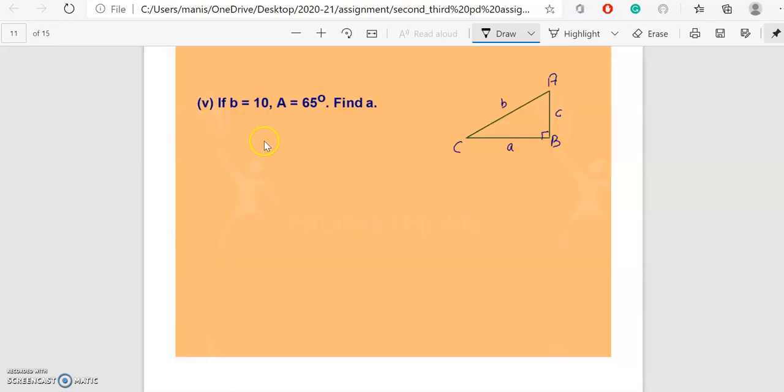Okay, let's check another question. It says lowercase b. Now keep in mind, lowercase means side. Lowercase b is 10. So in my triangle, this is my 10, and I will circle this because I will need this value. Uppercase is 65. They are telling me this angle is 65 degrees, and I will circle this because I will need this angle to label my sides. Lowercase a, I do not know what this is. I will put a question mark and circle this because I will need this side.